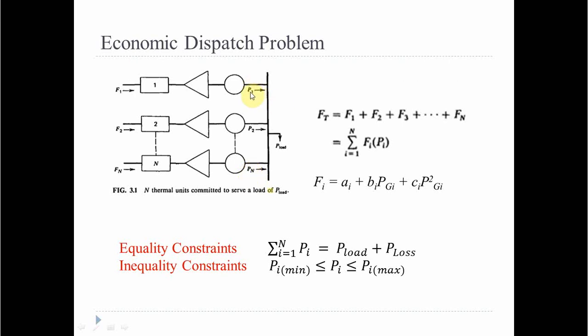You have to calculate P1, P2, Pn so that Ft is as minimum as possible, and also these values should fulfill these two constraints. Both the constraints have to be satisfied by P1, P2, Pn. So this P1, P2, Pn will become your unknown values. These are the values which are supposed to be found out using the optimization problem.